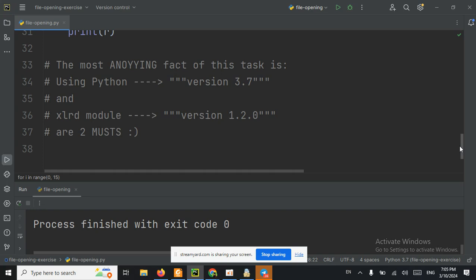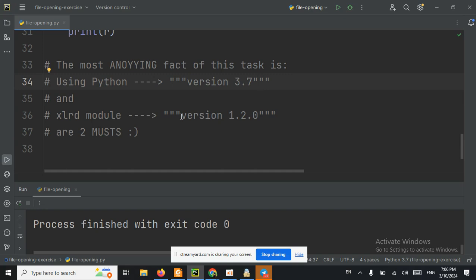And when I wanted to import the XLRD module, it is improving fast, and there were various versions of it. But for this specific task, I had to use version 3.7 of Python,